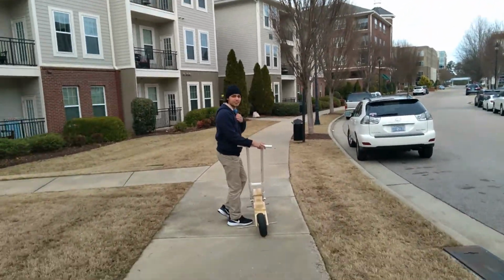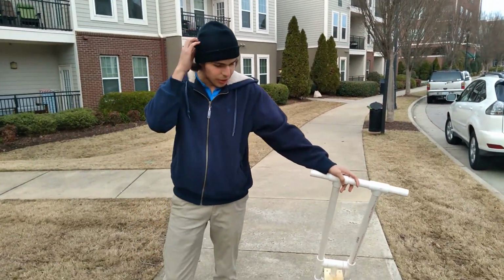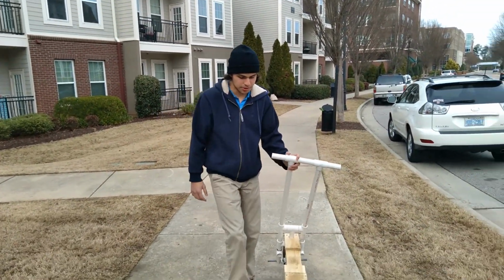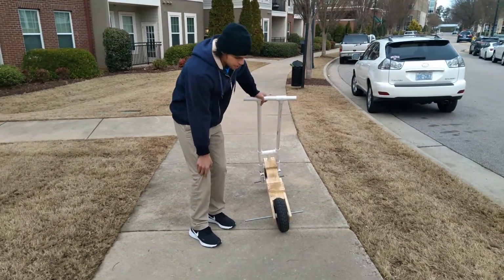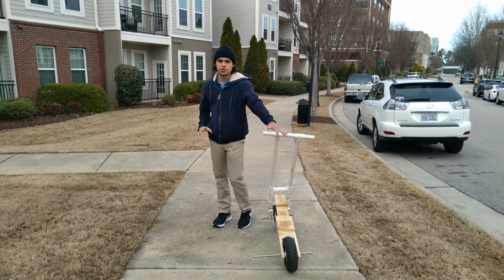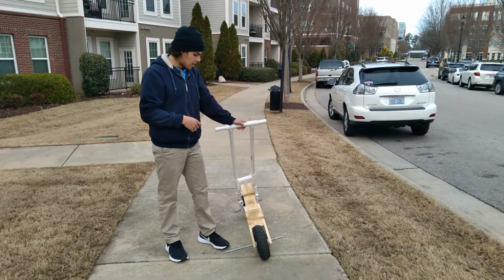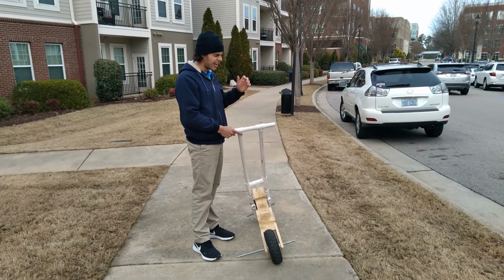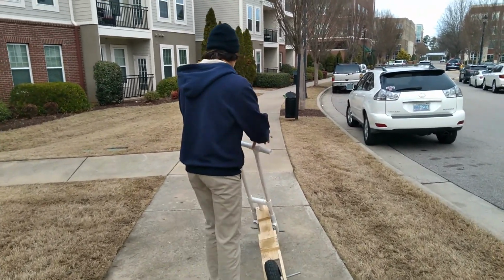Alright, this is very exhausting. The thing's so elevated off the ground, plus I have to deal with this big rod right here that's just kind of getting in my way. I'm just probably gonna chop it off because this is just a rough prototype, you know? I'm gonna put some nuts on it, and yeah, you know. Oh gosh. Alright, let's keep going, let's keep going. I gotta prove to you guys this thing's